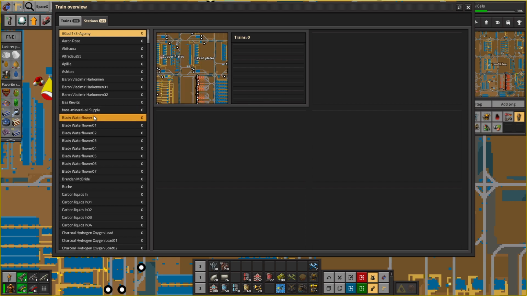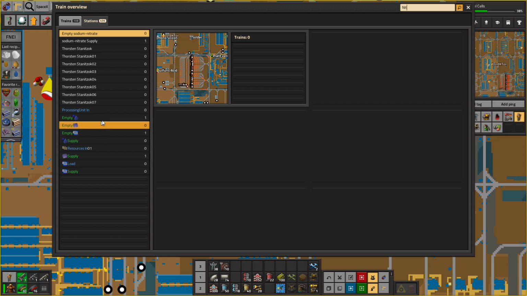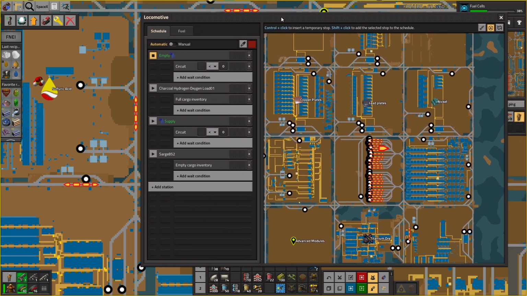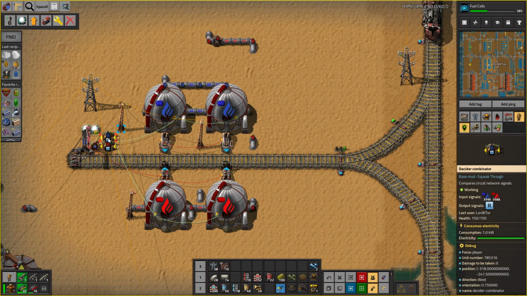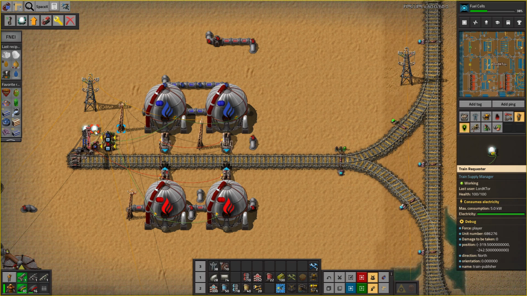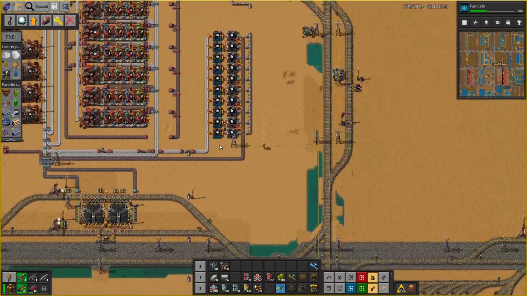Stations. Find nitrogen. Okay, this train. Why are you not moving? R1. Is this not calling the right nitrogen train? Or is there two nitrogen trains? I don't know now. I'm going to have to go and have a look. That is annoying. But I do need to get this working, so...